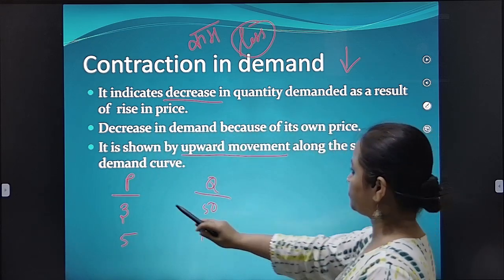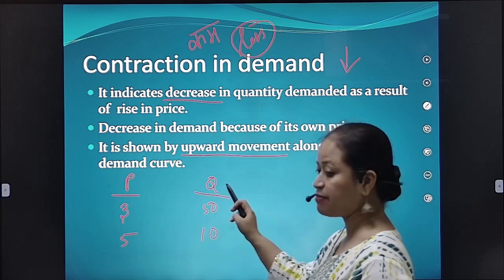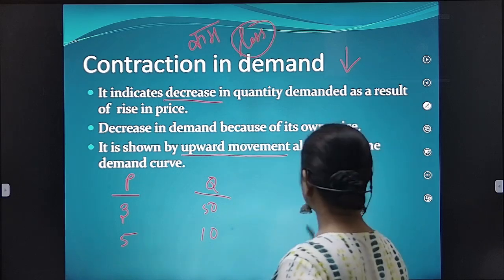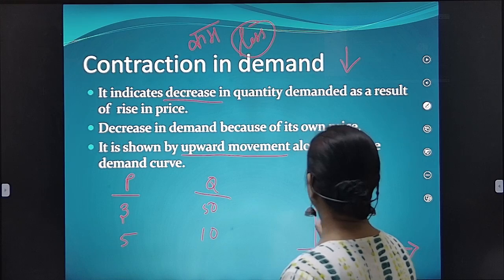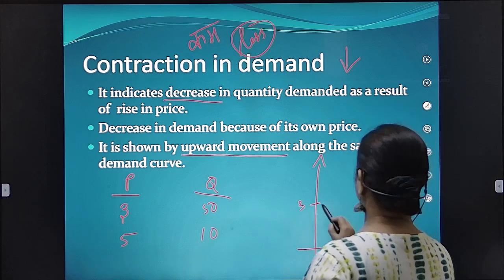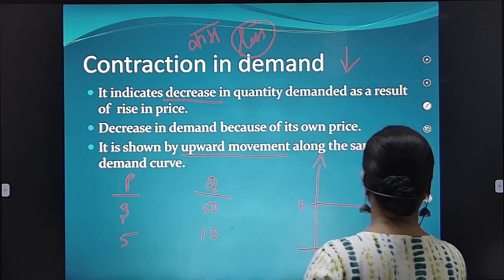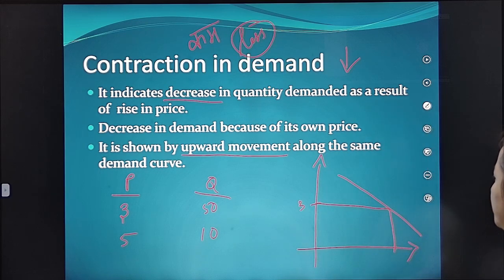So here, as price is increasing, demand has decreased. You see here when we will plot this. So when price is 3 here, okay, demand is 50. ये हो गया आपका demand. Fine? And when price is 5,